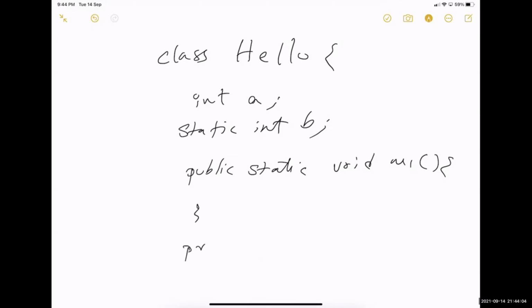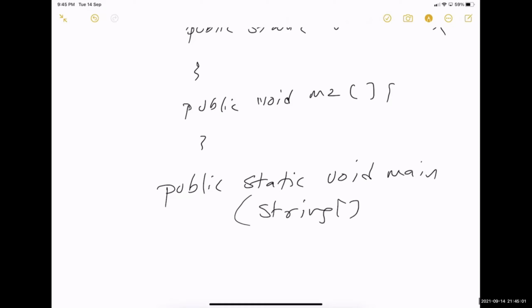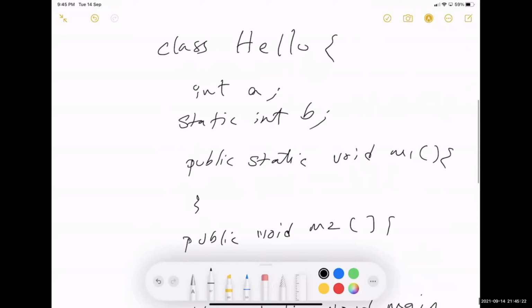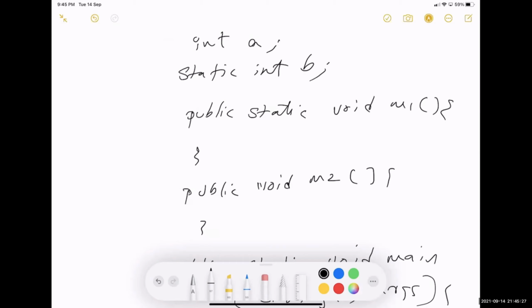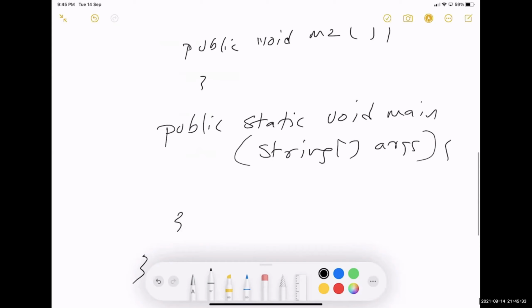Similarly, I have public void m2, and public static void main String args. So int a, static int b, public static void m1, public void m2, and public static void main String args.